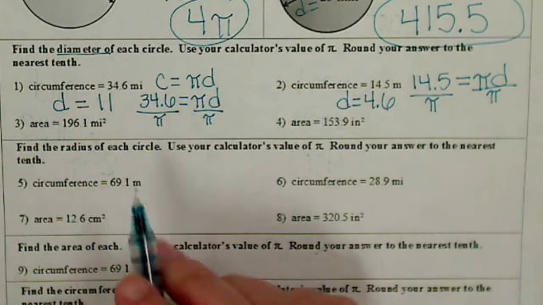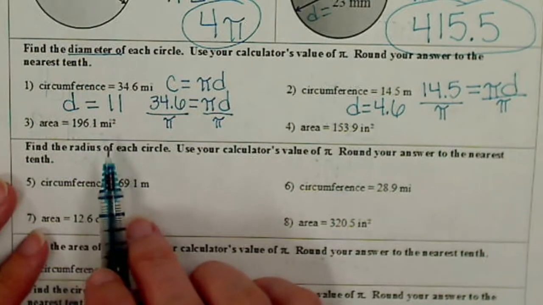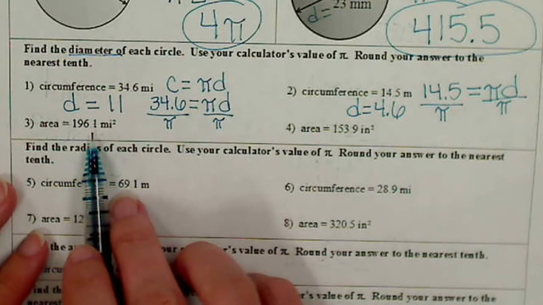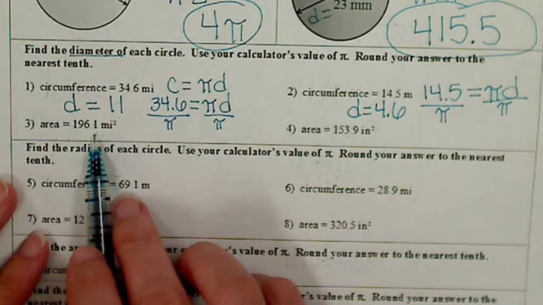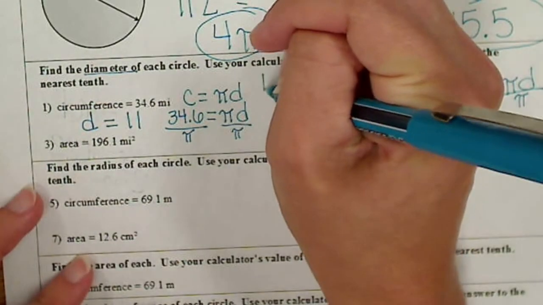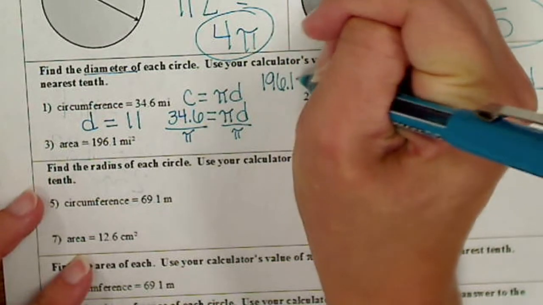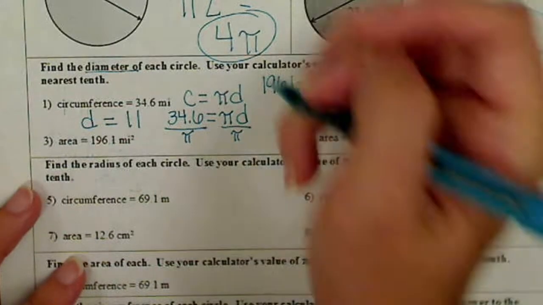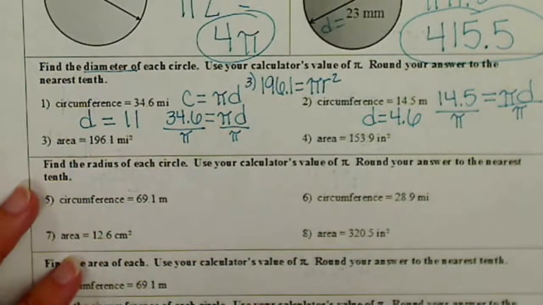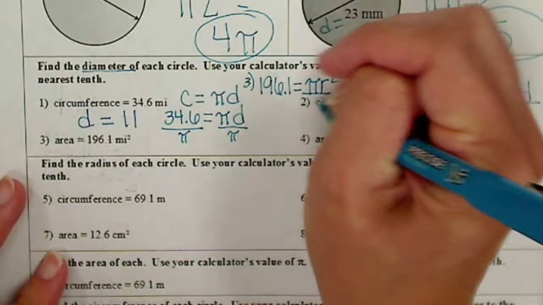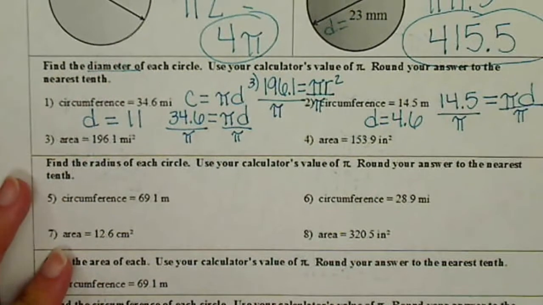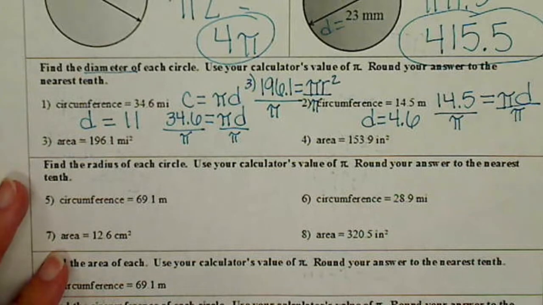Now, this time we're given area. When you're given area, you have to set whatever number they give you equal to pi r squared. I'm going to do my work right here for this one. So 196.1 has to equal pi r squared. This is number 3. To get rid of pi, we divide, just like we did on 1 and 2. So 196.1 divided by pi is